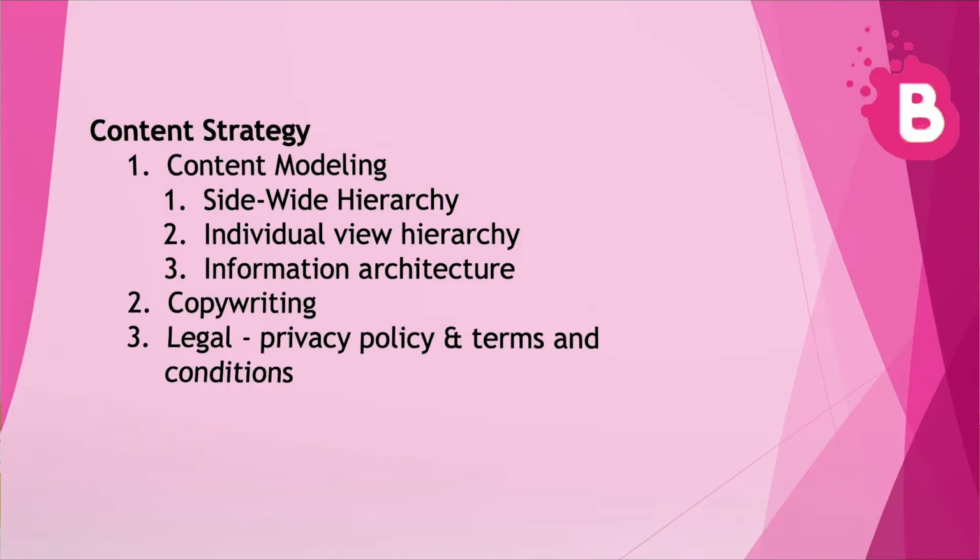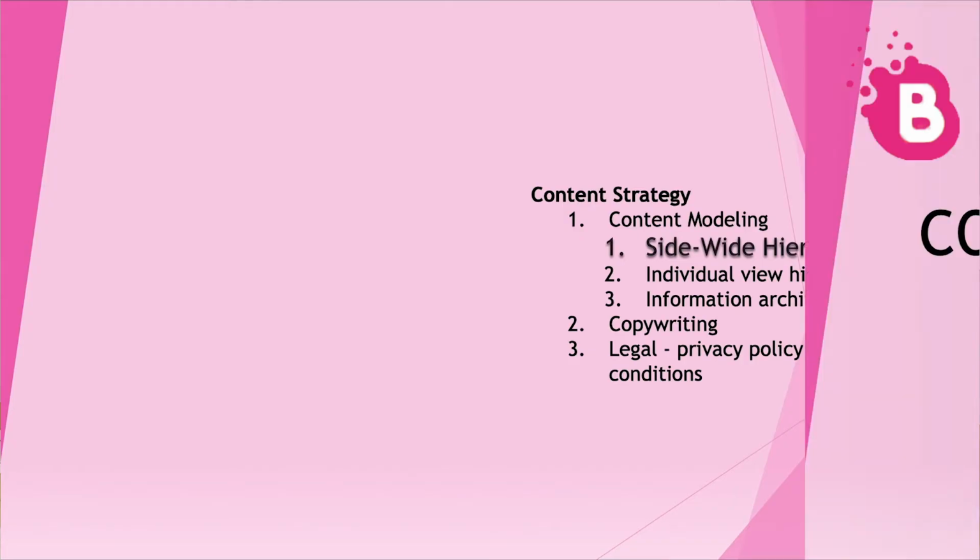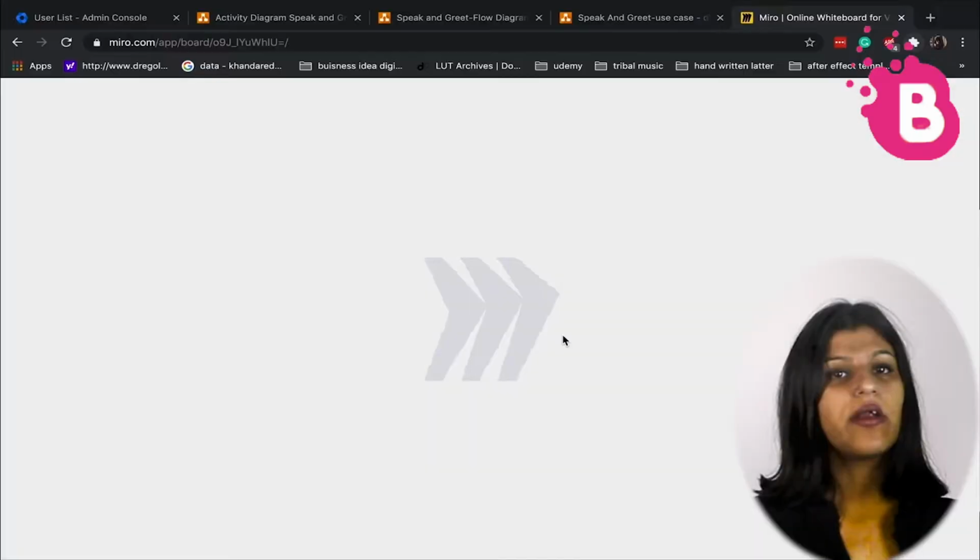Now, the fourth stage of the software development process is content strategy. Content modeling or content strategy tells you about the buyer's psychological journey and documents all the content types you have given for a project. It involves site-wide hierarchy, which explains the features and functions of the whole website or an app. It is divided into 3 tiers.